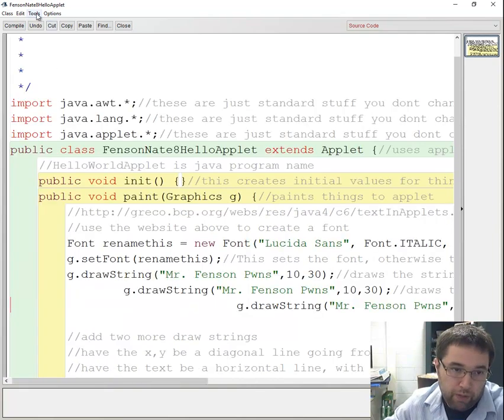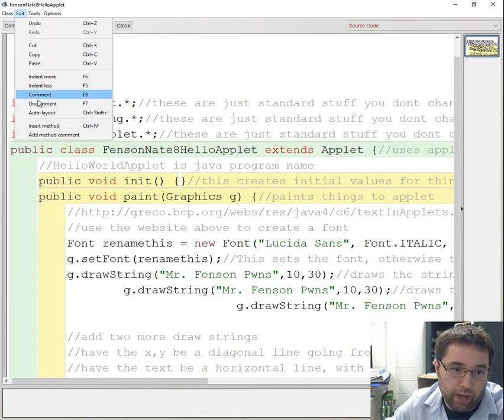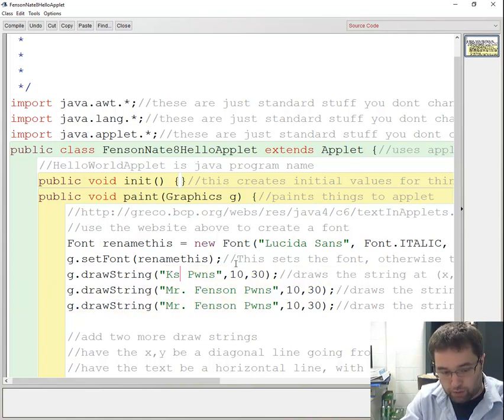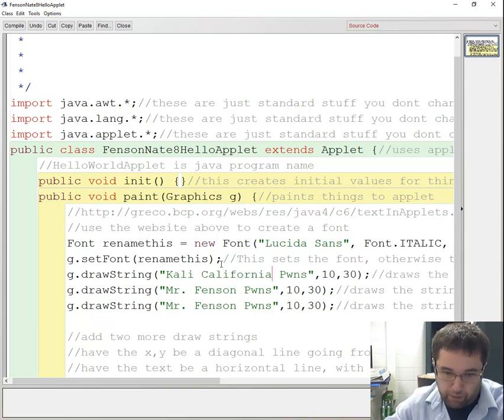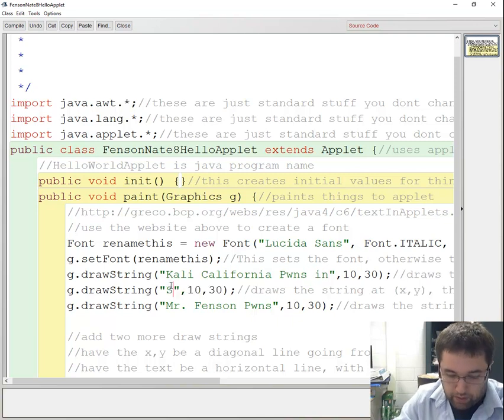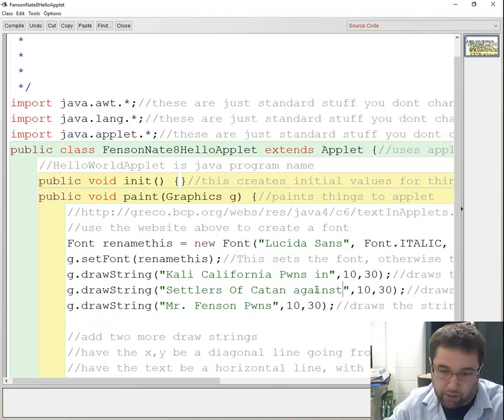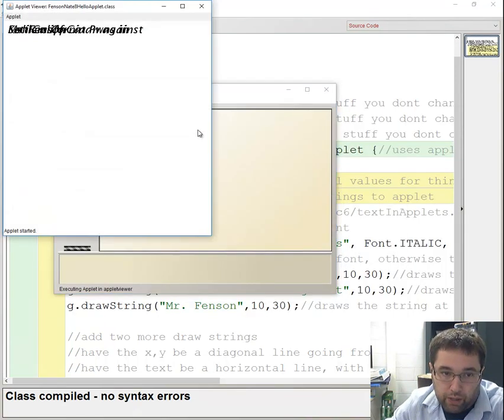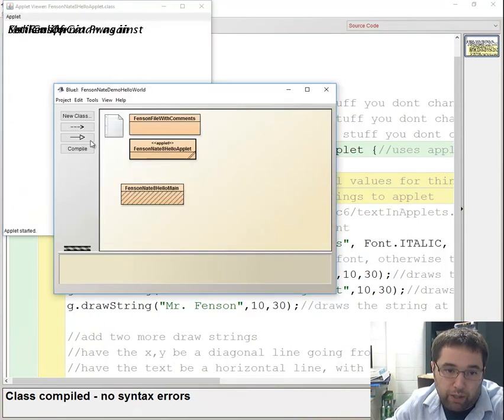Then we're going to press home to go back to the front, and then go edit, auto layout to fix the spacing. And again, you want to change this to the same thing. You want to pick another name. So we're going to go Cali, California, Pones in, pick a game, Settlers of Catan, against, and you don't need to put in and against, but it'll just make more sense. Mr. Fenson. Now when I run this, I hit Control K to compile,